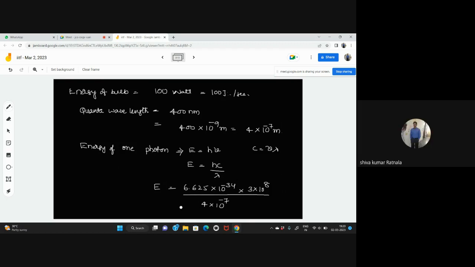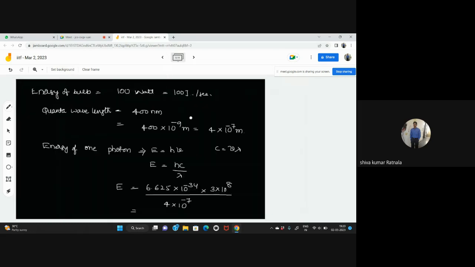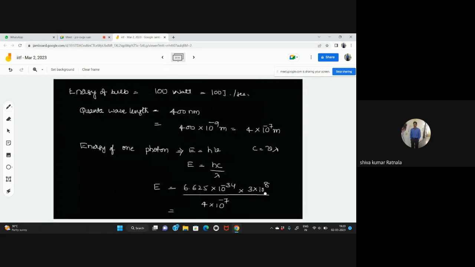6.625 into 3, nearly the value will be 19.985, so let me take it as 20, into 10 to the power of minus 34 and 10 to the power of 8. So how much value will we get? Minus 26, no? Yes, sir. That will be 20 into 10 to the power of minus 34 plus 8, which is minus 26,